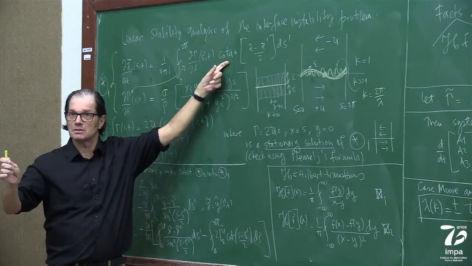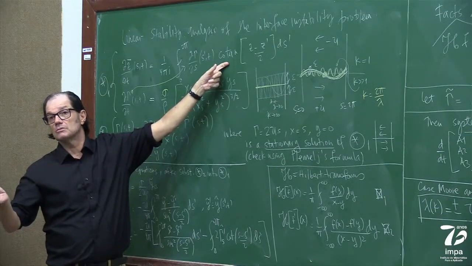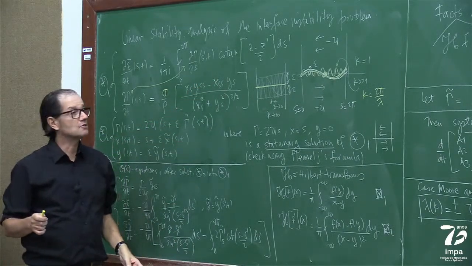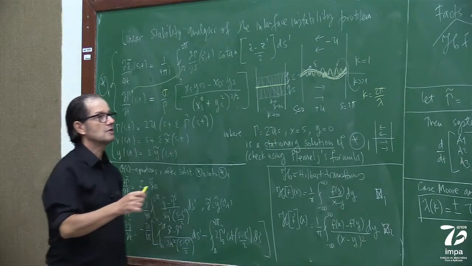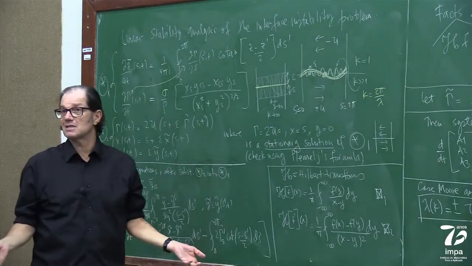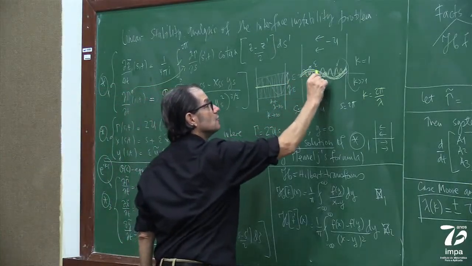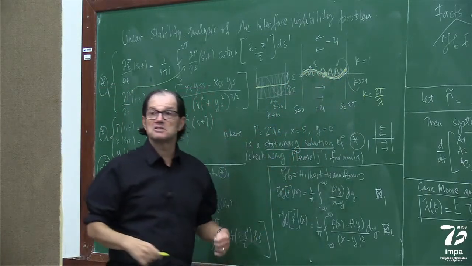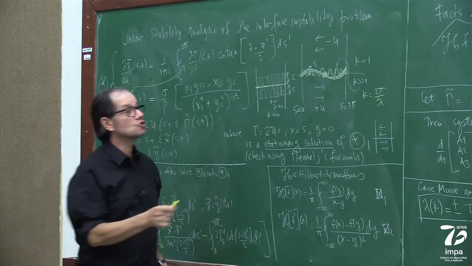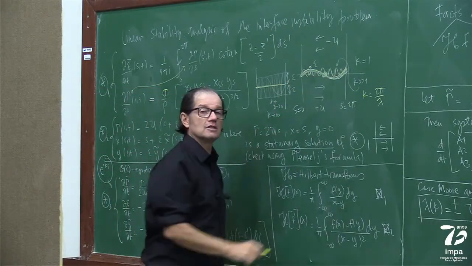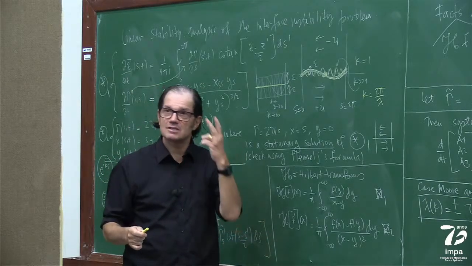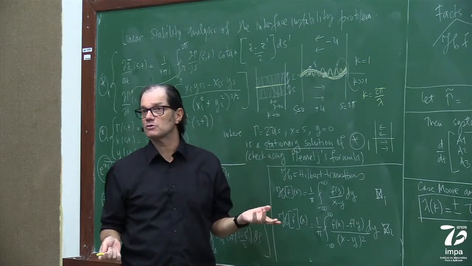Okay? In some sense. And then Moore showed that no. In what sense? You can start with a smooth, even C infinity, right? The sinusoidal perturbation here is C infinity. You start with a C infinity initial profile of the interface, and after a finite time, it does not have the second derivative because the curvature blows up.